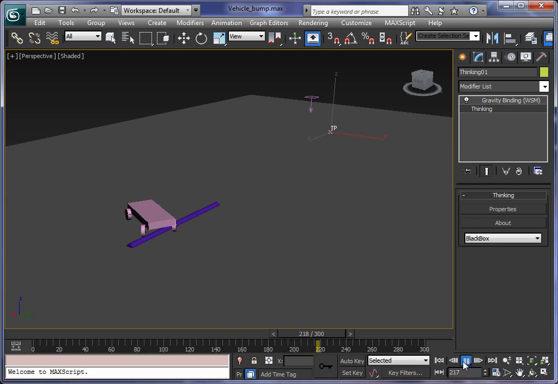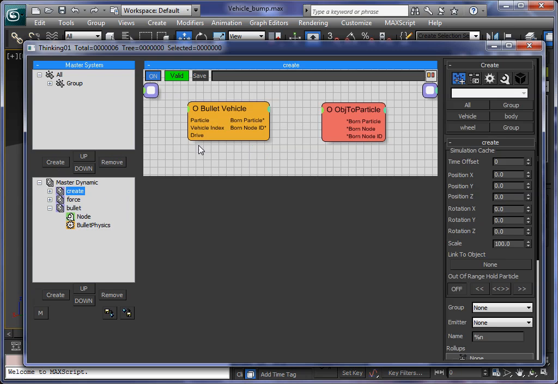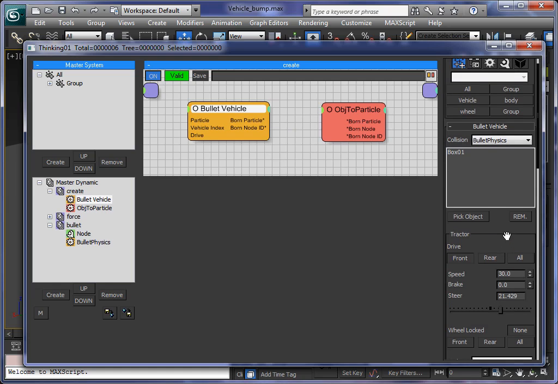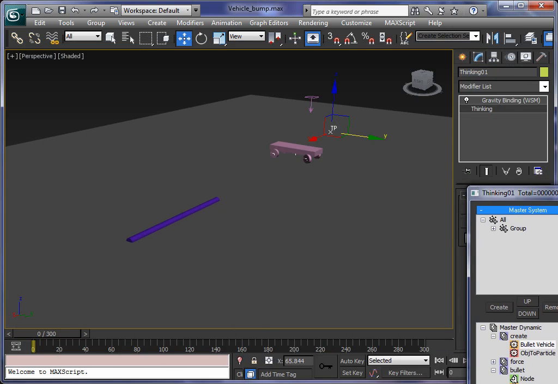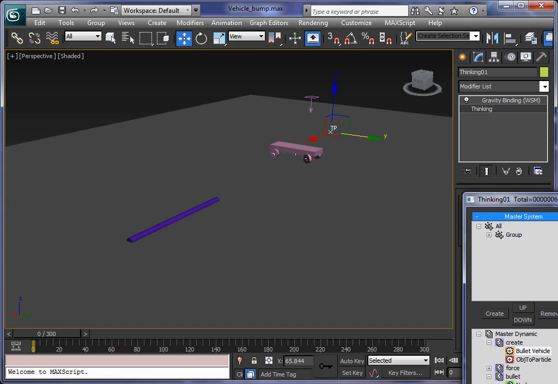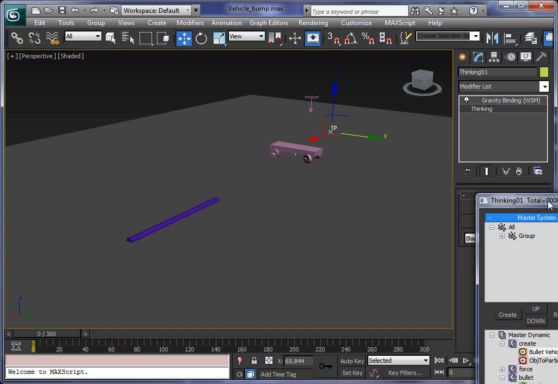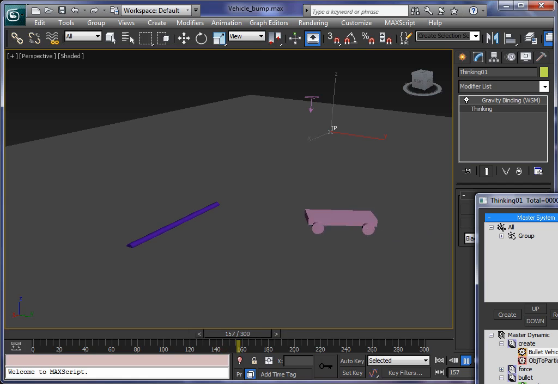And a really great thing is it works in real time. So let me just show you one parameter here in the vehicle itself. It has a parameter called steering, so we can actually control the steering wheel of the vehicle. And I'm going to do that right now. So I just move that a little bit away, and as we play back, I will adjust the steering wheel in real time. So I will now try to drive around with my vehicle, and as you can see, I can drive around with my vehicle,